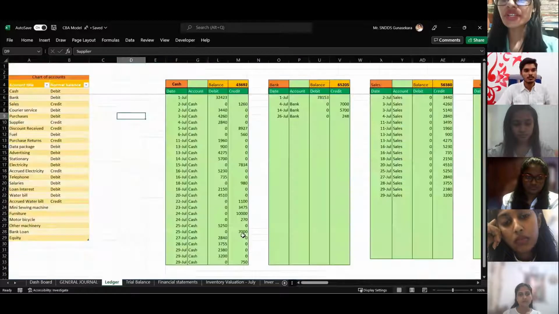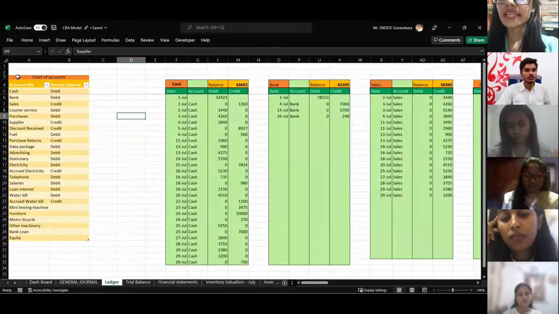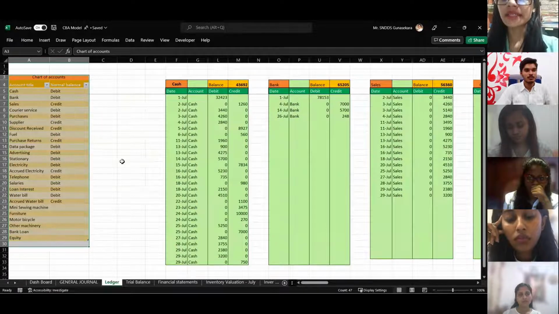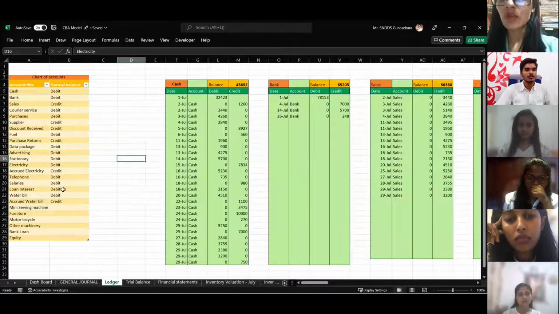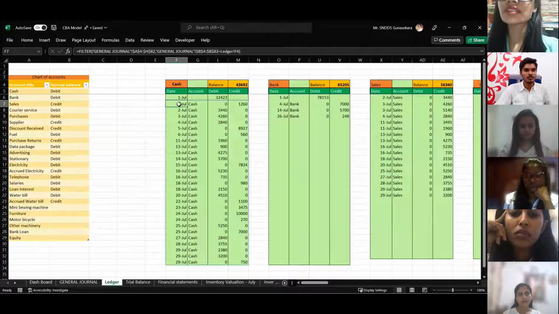To connect the general journal to the ledger, I have created a chart of accounts table in the ledger sheet, as you can see. This account title column is connected with the account title column in the general journal using data validation. And then the ledger account has been created using the filter formula in Office 365 based on the title of account. If we want to create a new ledger account that does not exist, we have to add that account to